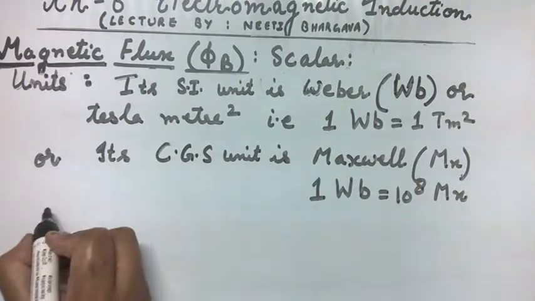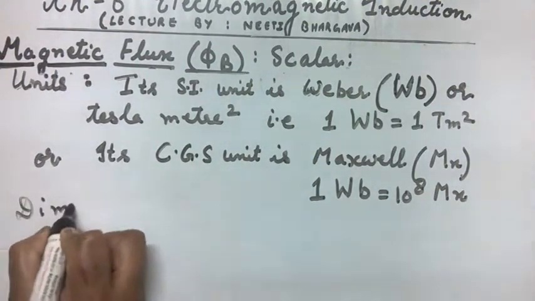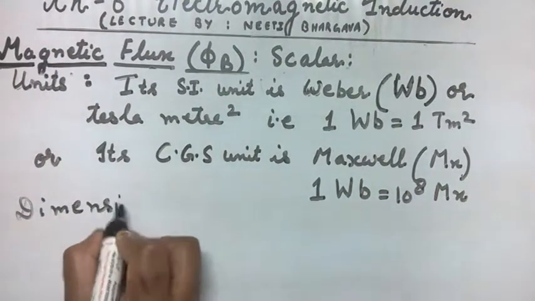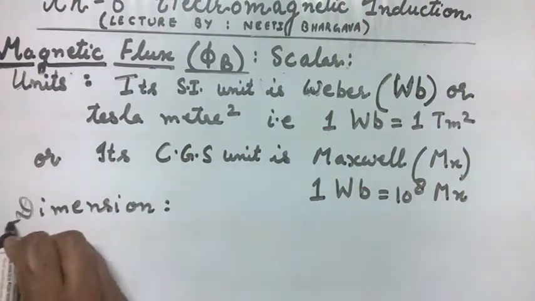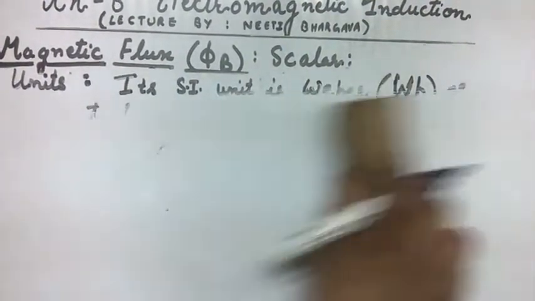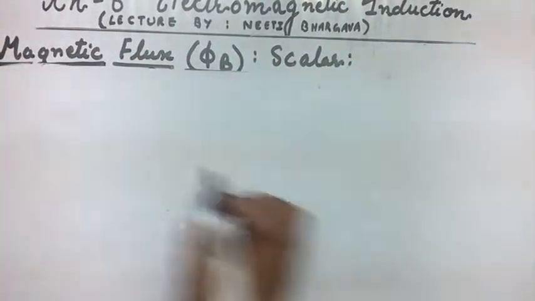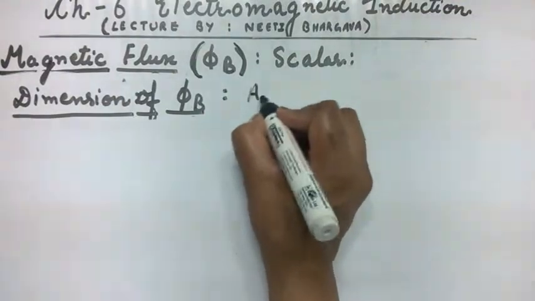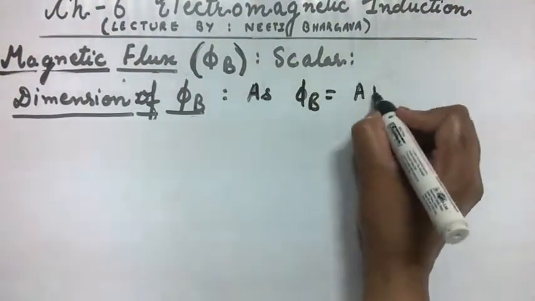Its dimension is, as magnetic flux is AB cos theta,